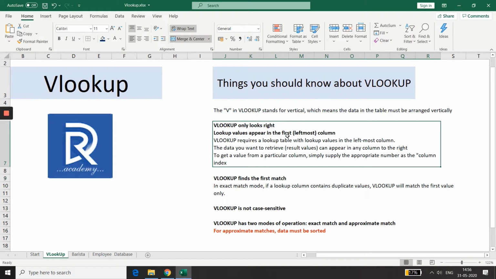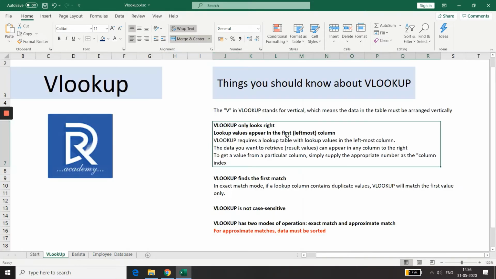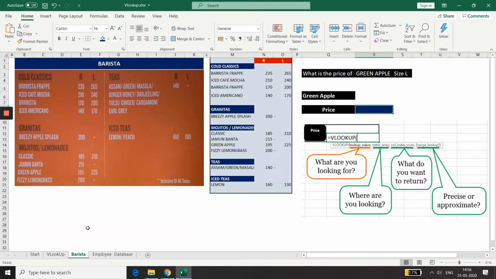Okay, let's have a look at a practical example and you will come to know how to use this function. This is a very practical, day-to-day example. This is a menu at Barista. Let's imagine you are at Barista and looking at this menu.